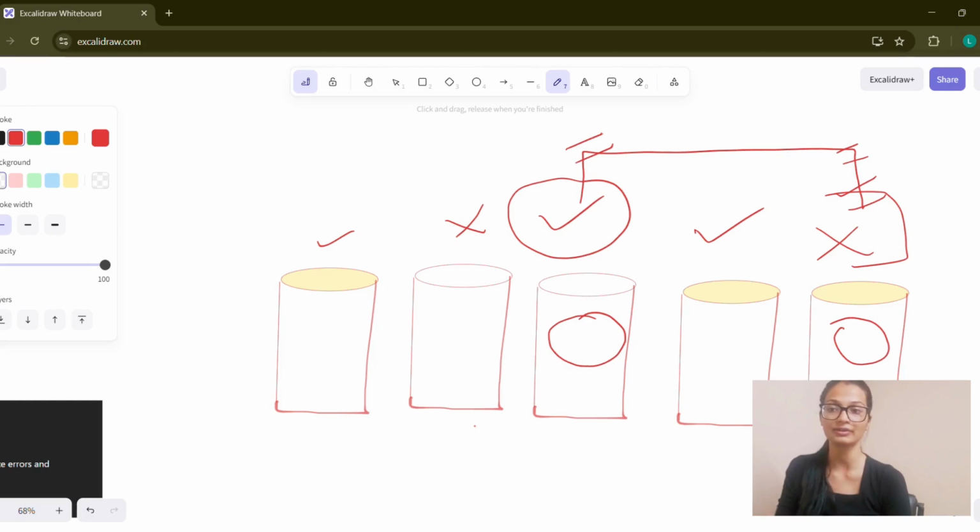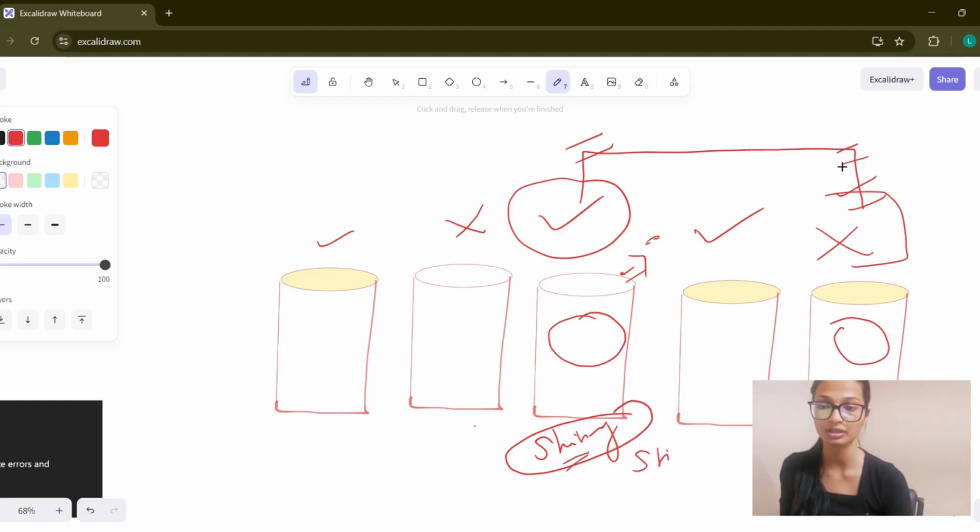We will analyze, for example, whether the glass was shiny, and whether the model predicted it as a full glass or an empty glass. So we will have some parameters lined up. These parameters can be anything. This is just an example I'm giving: you can check whether the glass was shiny, or whether it was because of the lighting that the glass looked like it was full. So we analyze on the basis of some parameters, and on the basis of these parameters we analyze and train our model.